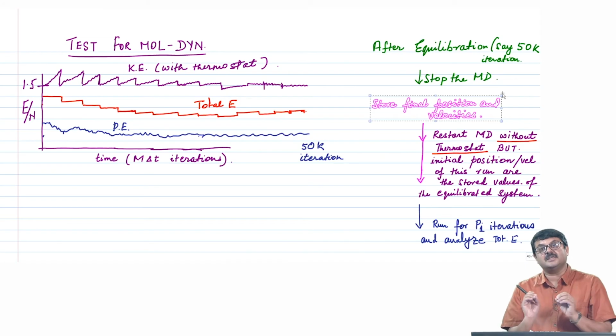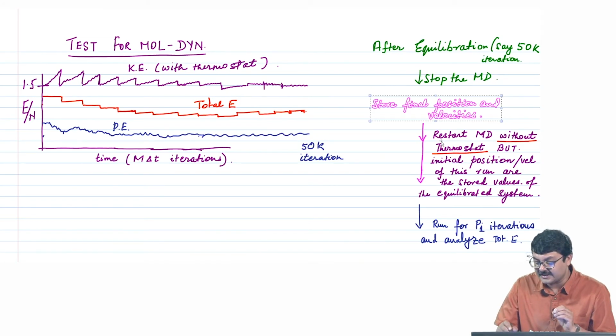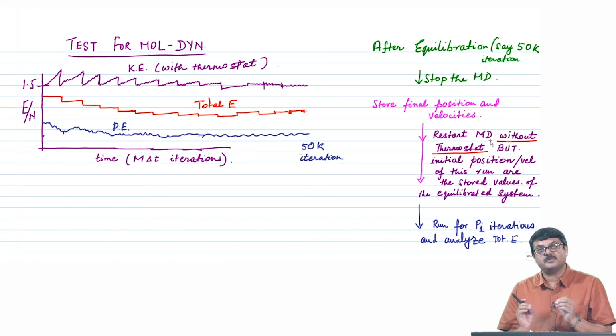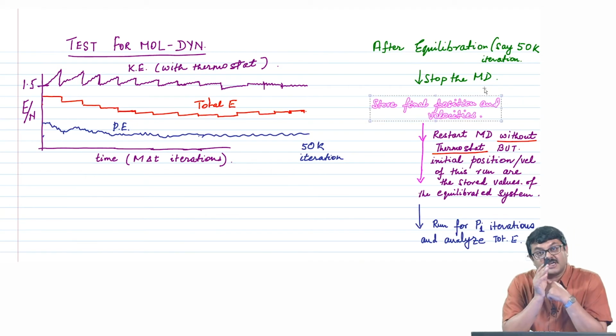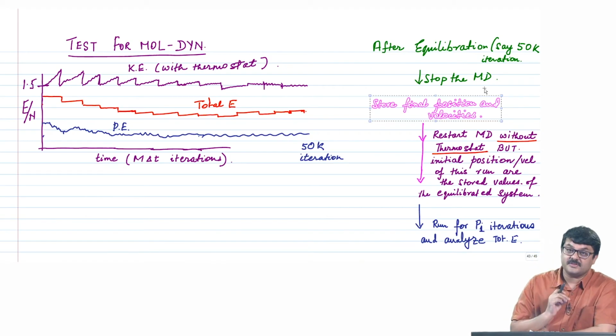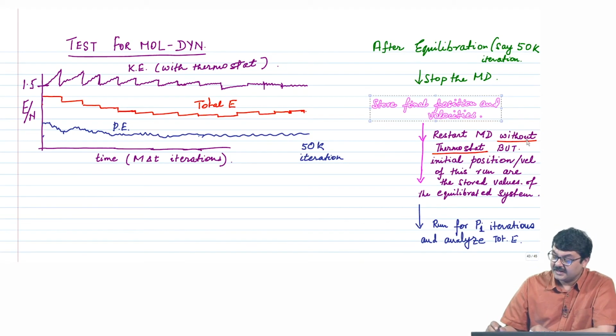So, you are going to restart the MD, but the initial positions and velocities of all the particles have to be the stored positions after equilibrium. Now you switch off the thermostat, you comment out the thermostat line, and you restart the MD with the initial positions and velocities of the equilibrated configuration and run the MD without the thermostat, say for p iterations,